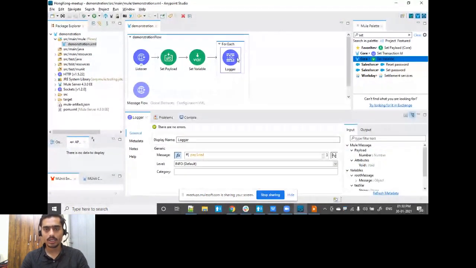Perfect. So I have a logger in which I'm making use of payload. I'll say current payload. Then I'll have another logger. Or let me do one thing: instead of creating two loggers, I'll create it as an object so that I can show you two different things over here.